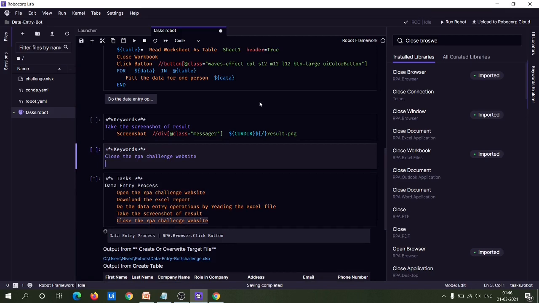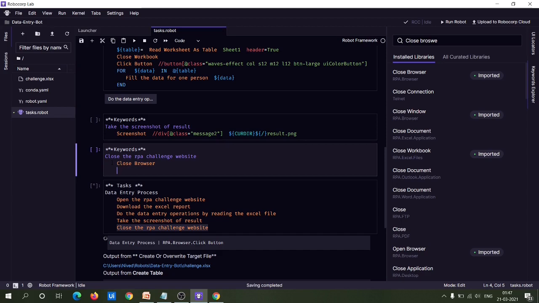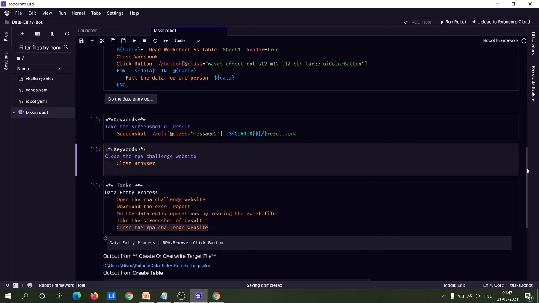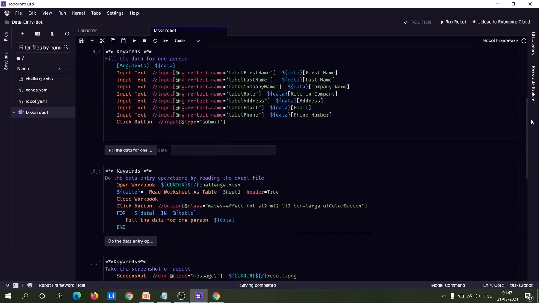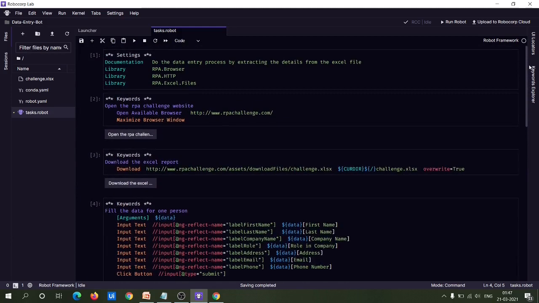Now under this, you can specify close browser so that it will close the currently active browser. Let me copy this one here and put the keyword after 4 spaces. 1, 2, 3. Okay. So now it will actually close the browser. Okay. So now by this we have actually completed our work.